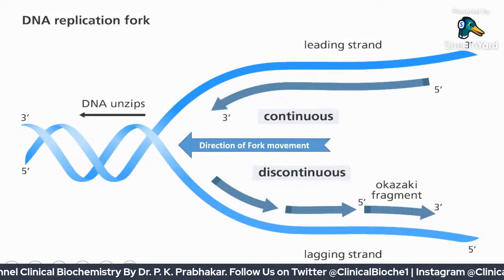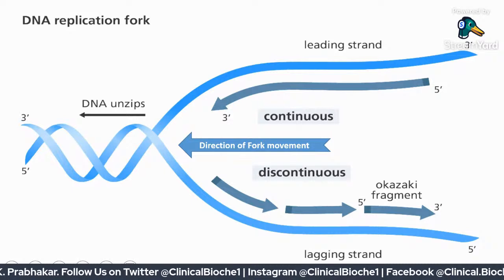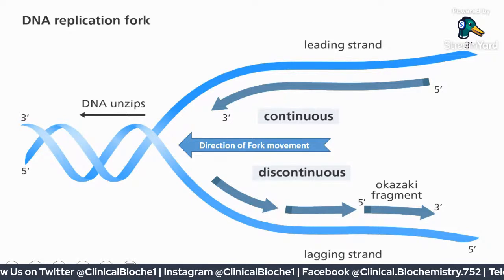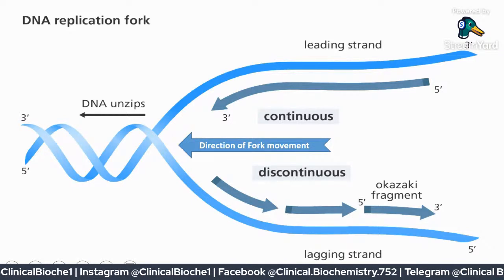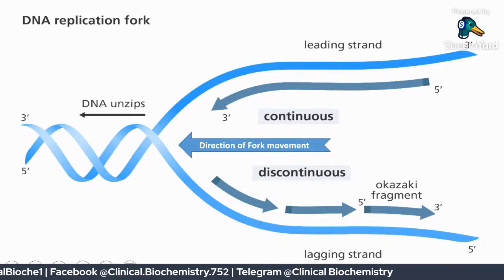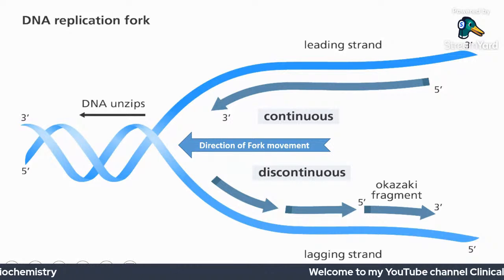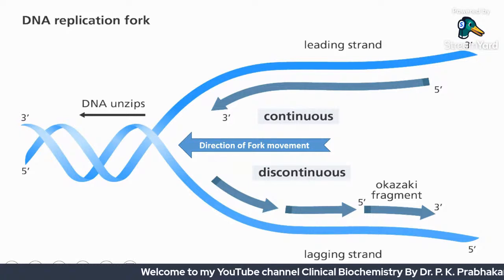Roughly, this is the summary of replication. We will go into details. Normally, for my study, I am going to use Lehninger book or Harper's book. So if you want, you can read it. If you want a soft copy, मैं धनंजय सर को दे दूंगा, या टेलीग्राम चैनल में जो आपने ज्वाइन किया वहां मैंने दिया हुआ है, वहां से भी आप ले सकते हैं. So normally I use Lehninger book. Most of the pictures जो मैं आपको later on दूंगा वो Lehninger का ही होगा।